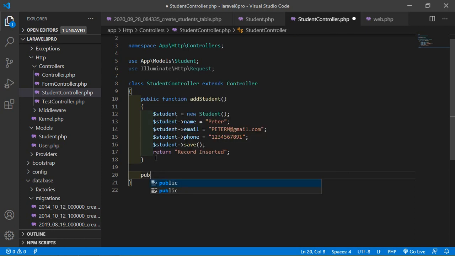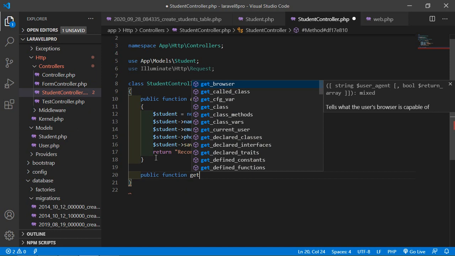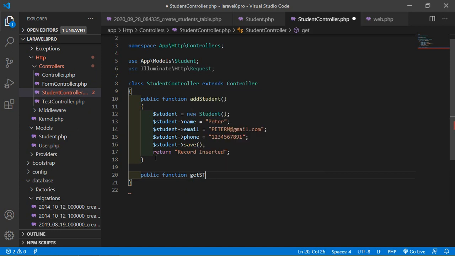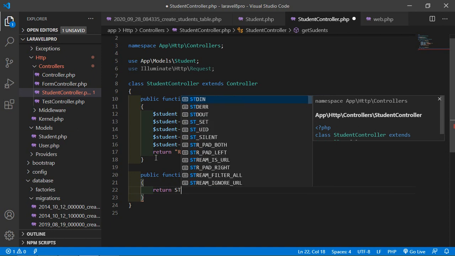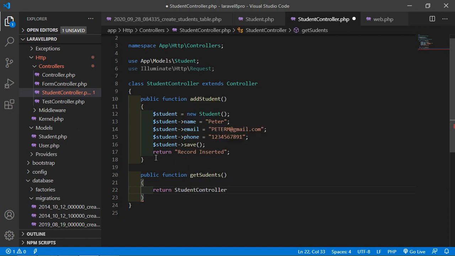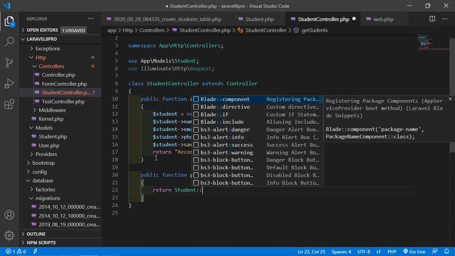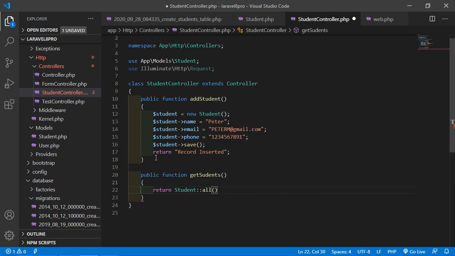Just create another function here, public function getStudents. Alright, and inside this simply return here model name Student, and just call here Student::all function. It will return all records from the students table.